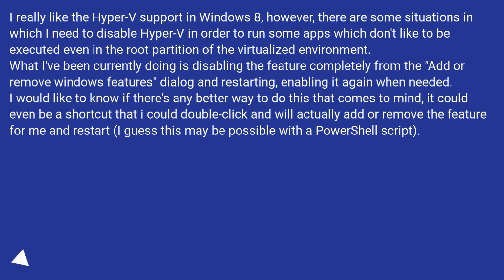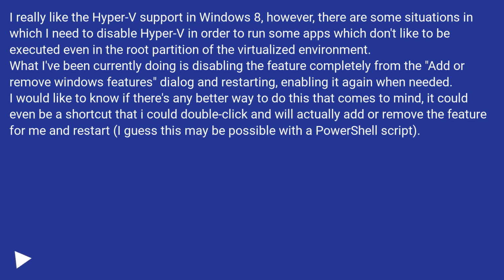Convenient way to enable/disable Hyper-V in Windows 8. I really like the Hyper-V support in Windows 8, however, there are some situations in which I need to disable Hyper-V in order to run some apps which don't like to be executed even in the root partition of the